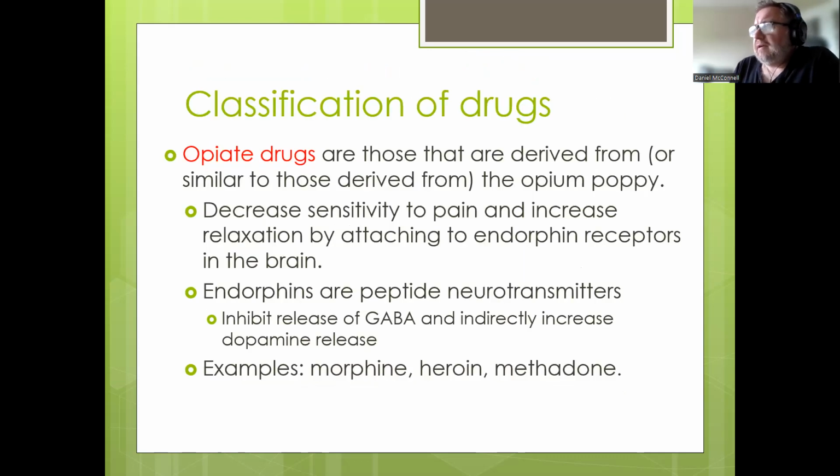Speaking of drugs that have a similar molecular shape to a neurotransmitter, opiates, right? So these are things derived from opium, and this includes, listed at the bottom, morphine, heroin, methadone, various other drugs. They are very, very similar to what are called endorphins. And endorphins are hormones/neurotransmitters. And one of the things that they do is they